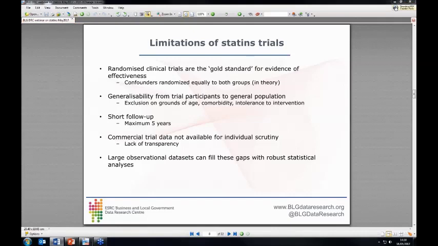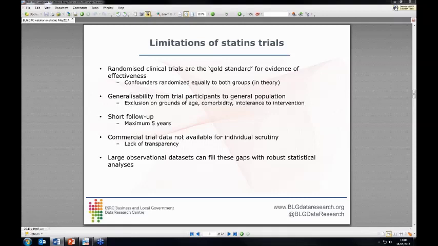There are some limitations of the statin trials. Clinical trials have a high internal reliability, but may be poorly generalizable to the general population that is treated in routine clinical practice. Clinical trials tend to have selection bias, as they are likely to examine the effects of a drug on the ideal patient. With the CTT